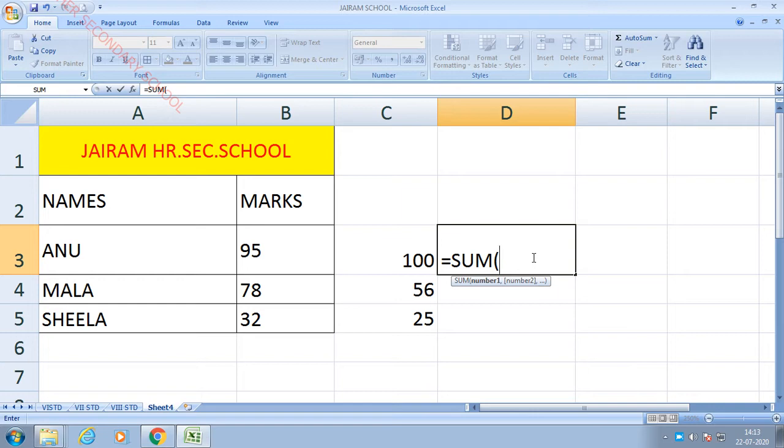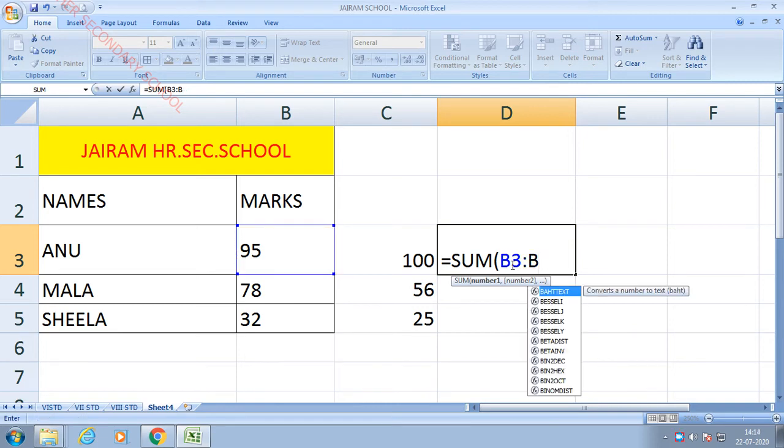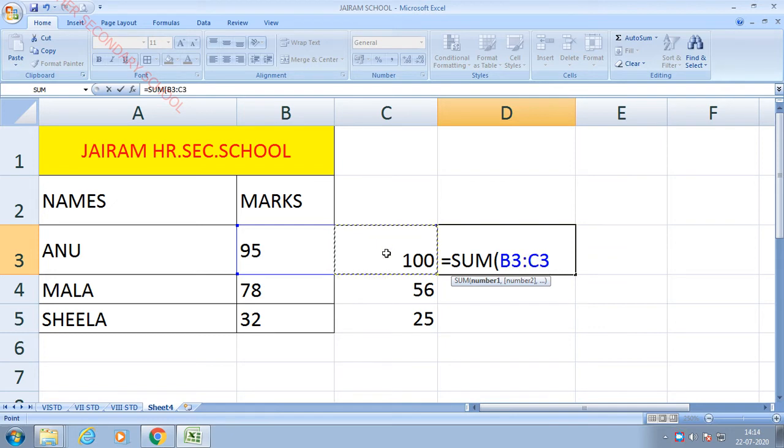As I told you already how to find the cell address, you have to mention both the column heading and row heading. So now I'm going to give this first value, B3. Next you have to specify the colon symbol. It represents the limits, so that's why I'm using the colon symbol. Next you have to mention the last cell address.